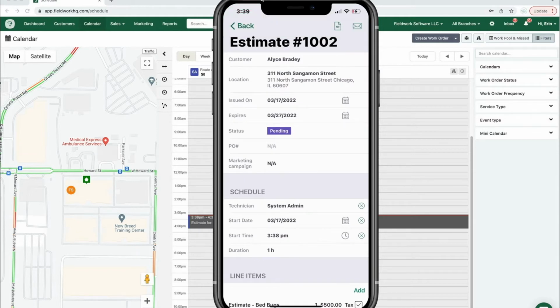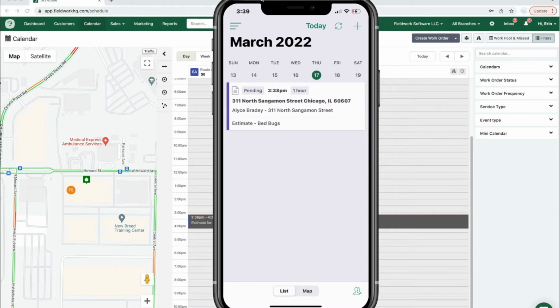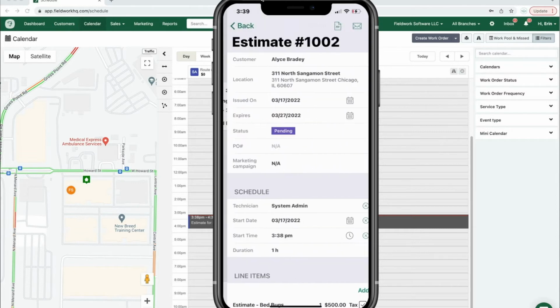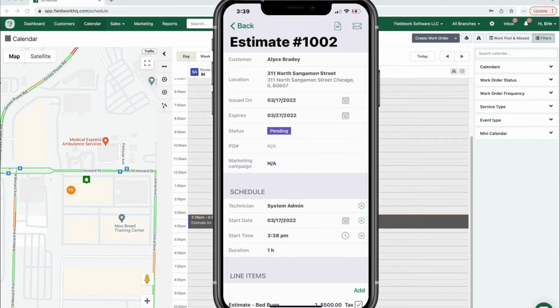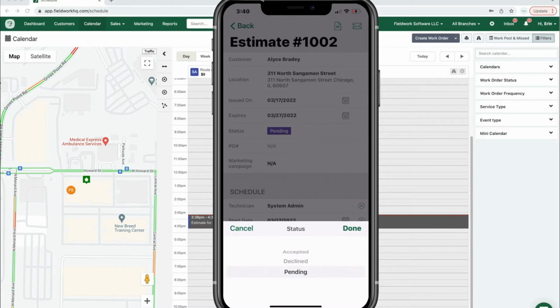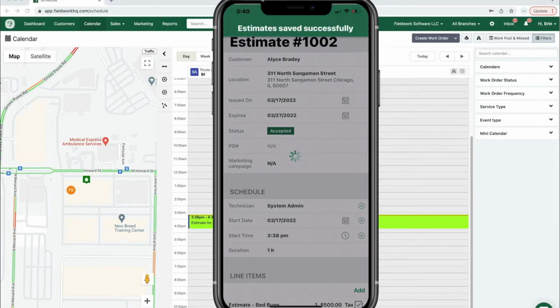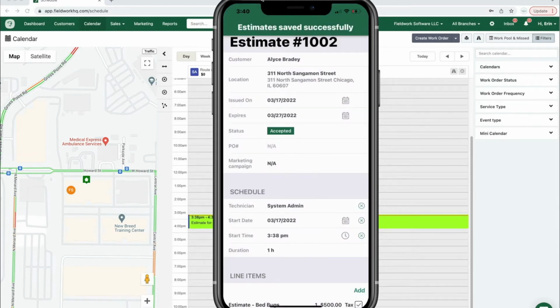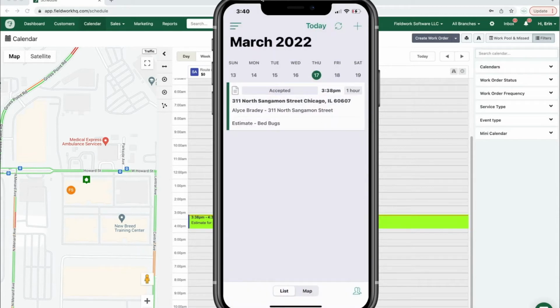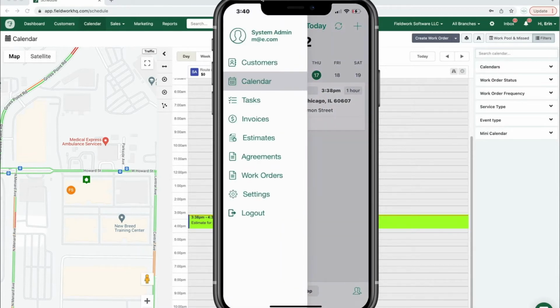So it's saved successfully, and I'm going to go back, and now I do have this estimate on my calendar for today. When I tap on this, when I'm at the client's house, I can review the estimate with the client, and they can either accept it immediately, so I can be in person and go to the status and update that to accepted, and then from there save. And once that is saved successfully, that estimate will actually create a work order that will be in the